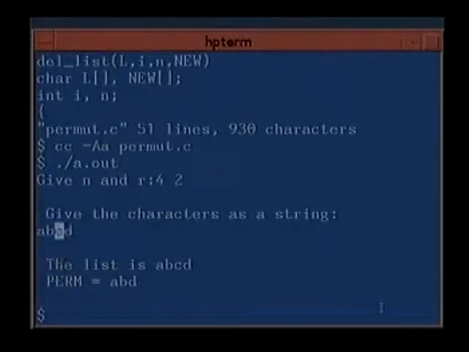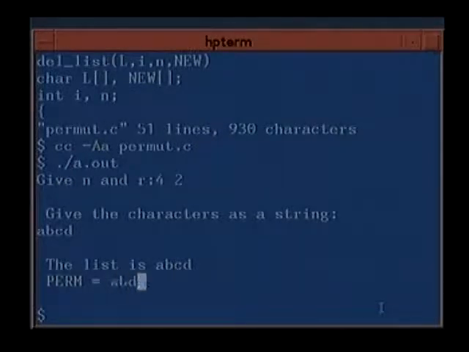So this is A, B, C, D. We read in A, B, C, D, which is in 0, 1, 2, and 3, and we remove the second for I equal to 2, and we get back A, B, D.